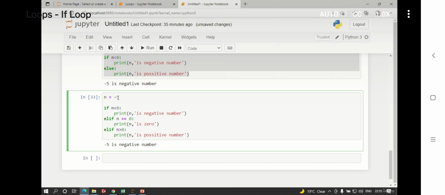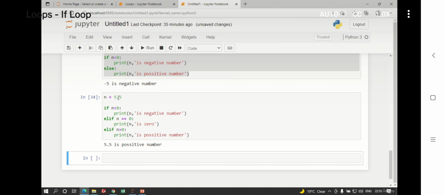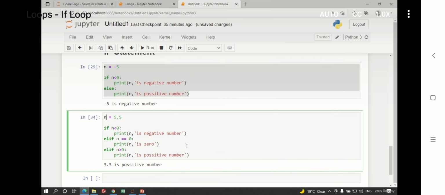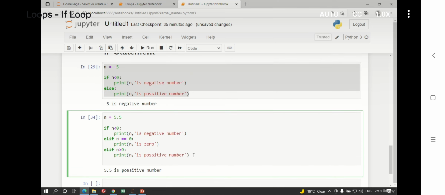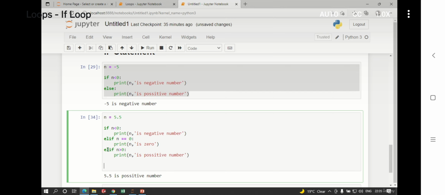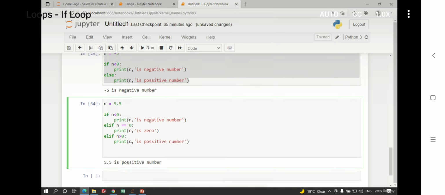Let's check with 5.5, it is a positive number. So this way you can add multiple conditions. You can keep adding multiple conditions, and every time you have to be careful with your statement or condition. Proper syntax should be followed.